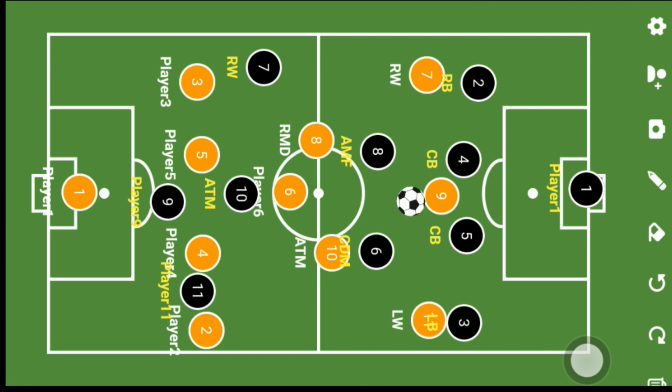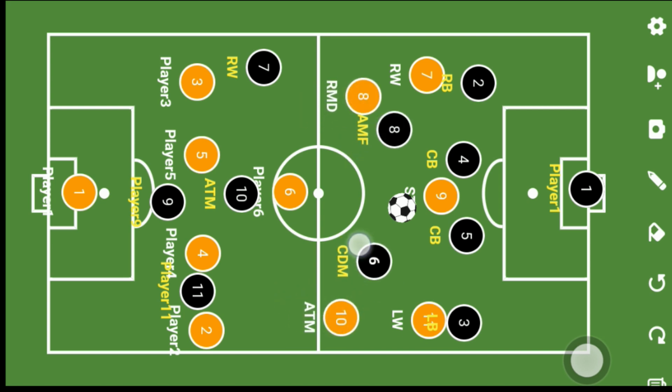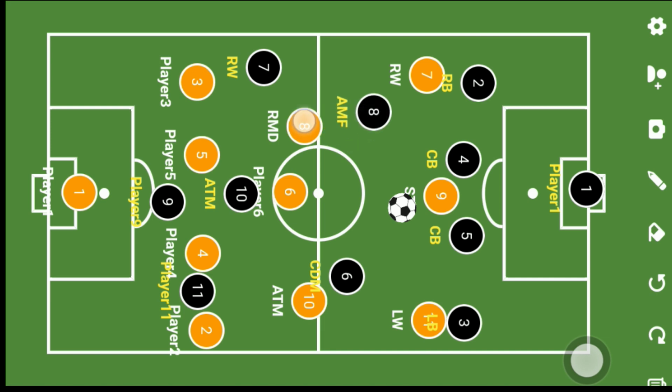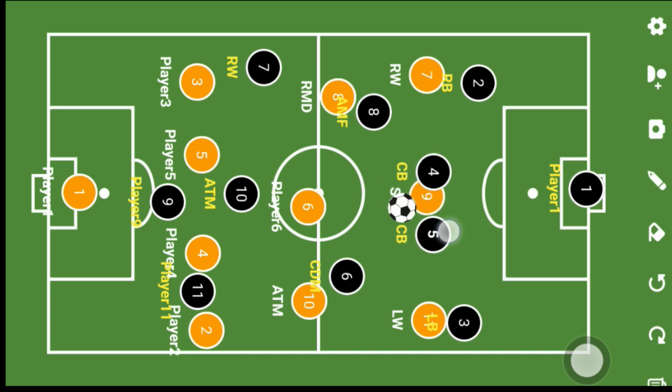But if we're able to have this box system, and we're able to cut off the passing lines to this number 10 and to this number 8, we move with them to cut off those passing lines, right? And then once we cut them off, the only option that they have is to play the ball back, because even if we're pressing him deep and he tries to push